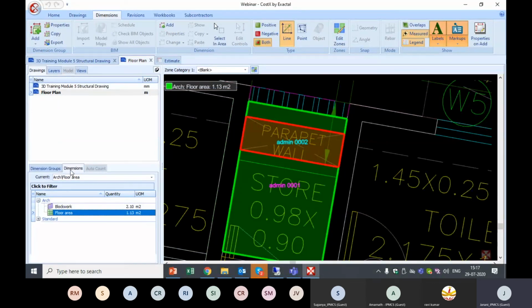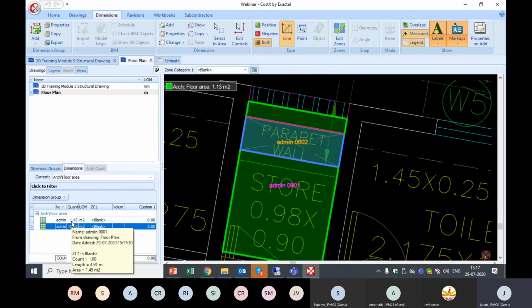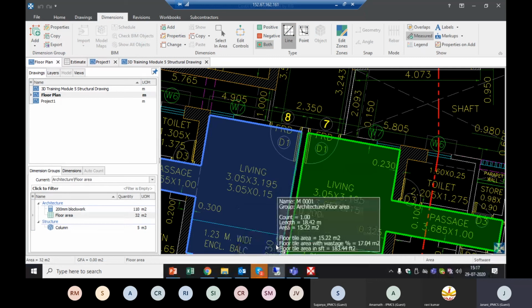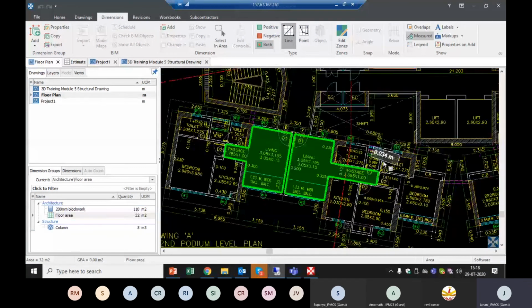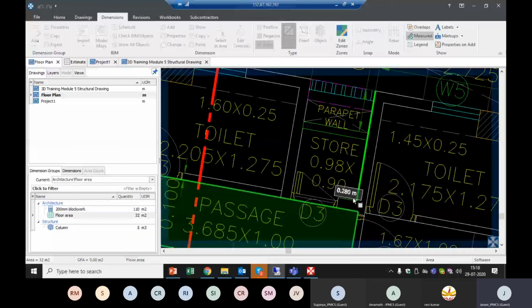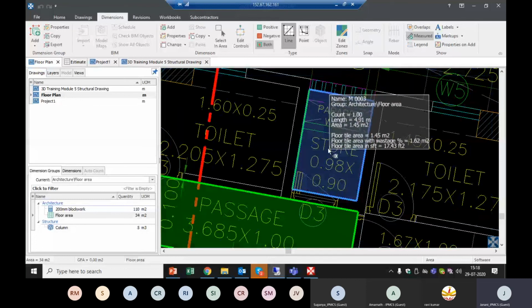If we go into the dimensions tab, we can see two different quantities are available. The same, when we see in Costex 6.9: again I'll select floor area, and select the same area here in 6.9 also. I selected the area, again it is 1.45.